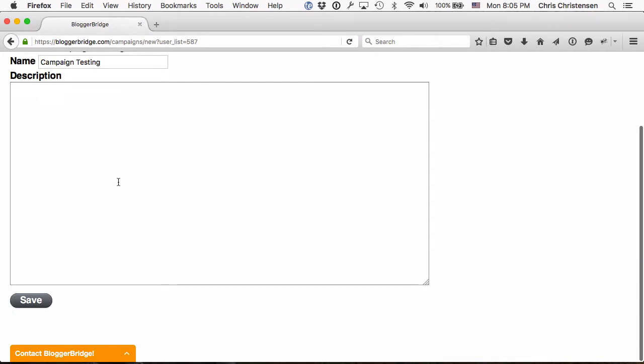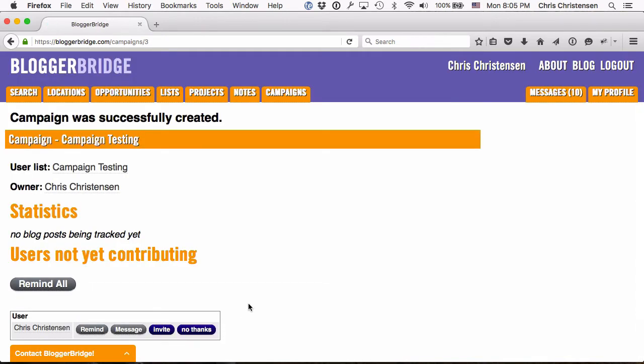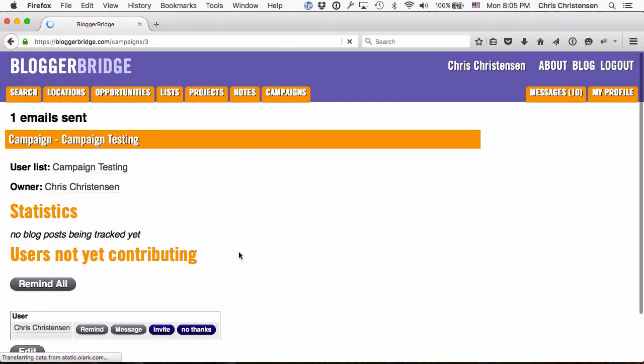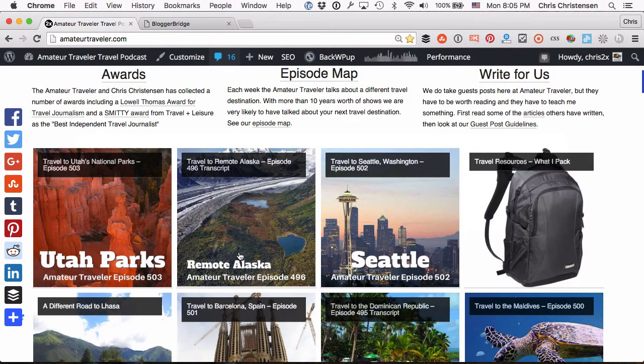I can put in some description here if I want to for the campaign, or I can just leave that blank. It's now created a campaign, but the bloggers don't know anything about it yet. And so I'm going to click the remind all here, and it's going to give them an email, and then if I log in as the blogger,